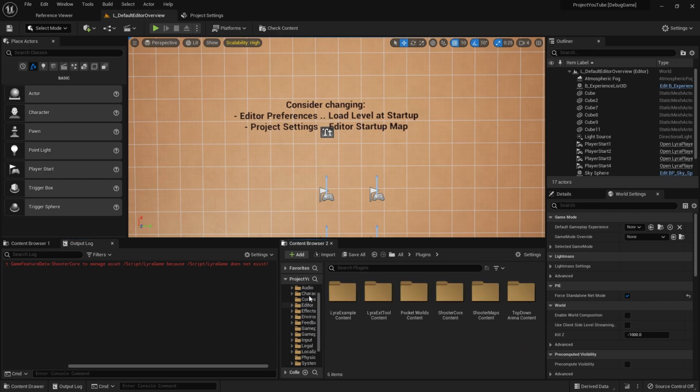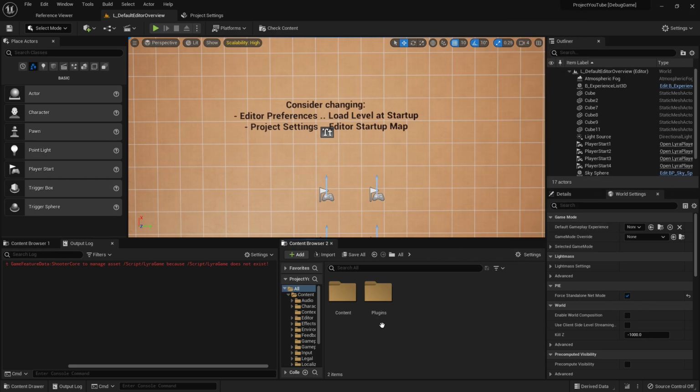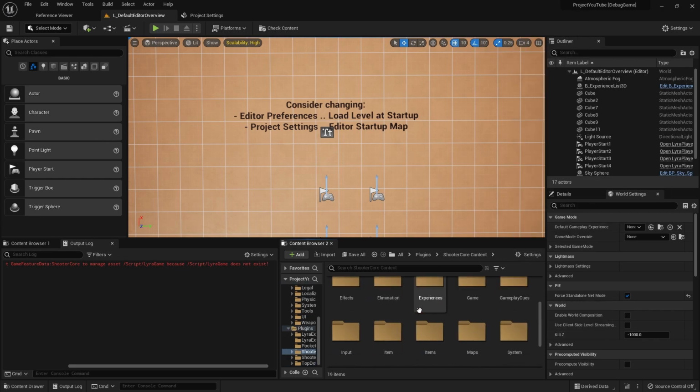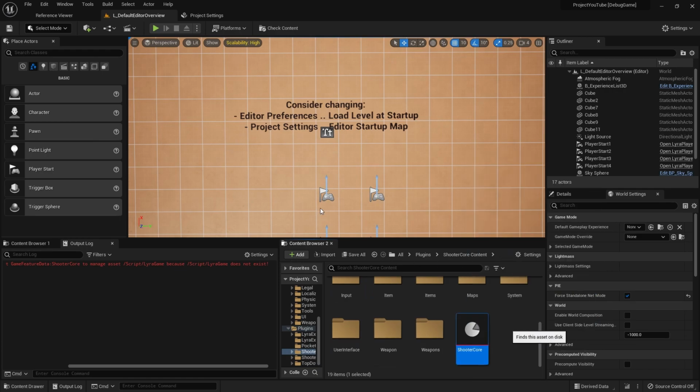So if you don't have plugins showing here, just make sure you show plugin content, turn that on. So plugins, shooter core content, and come to the shooter core and right click on it and say show in Explorer. This will open it up in the Windows Explorer for you